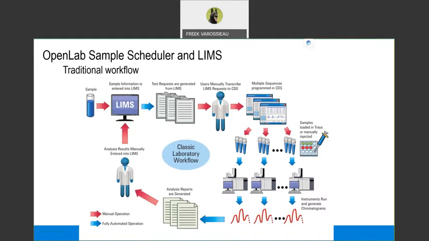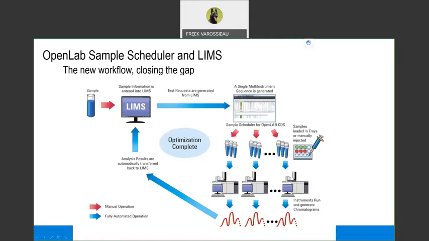How can we simplify by using sample scheduler? That's the big question, and we depict it in the next slide. So what we have is still the same LIMS system or your SAP system, and the same samples are still generated. But instead of having reports or pieces of paper printed out and sent to the laboratory, the LIMS either generates a task for the sample scheduler in XML format, or the sample scheduler on its own pulls the LIMS from the system. And those test requests are coming into the scheduler itself, where they're automatically dispatched to the various